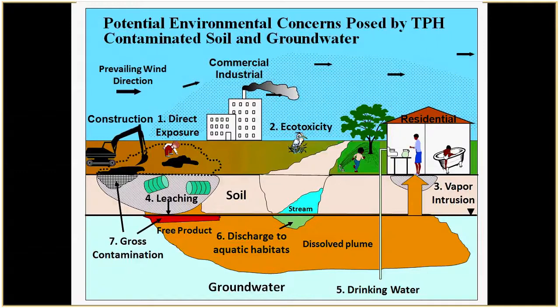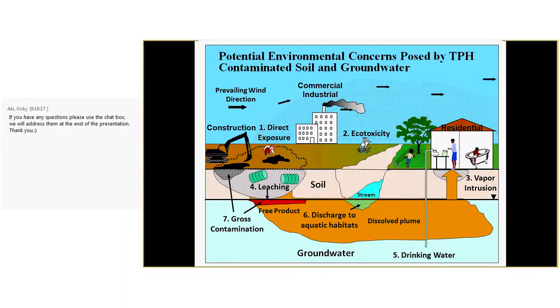Another potential environmental concern, especially we see here in Hawaii and San Francisco Bay Area when I was there, anywhere near shorelines, is discharge of petroleum-contaminated groundwater into streams and along shorelines. And I remember some sites when I was working in San Francisco, where if you went out at low tide and walked along the shoreline, look back at your footprints, you'd actually see a sheen in where your footprints are. And these especially cause impacts to benthic habitats. And you wipe out the benthic community, and you're damaging the overall aquatic habitat.